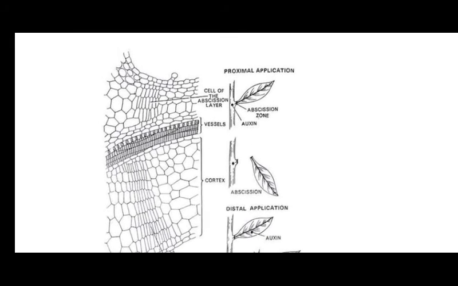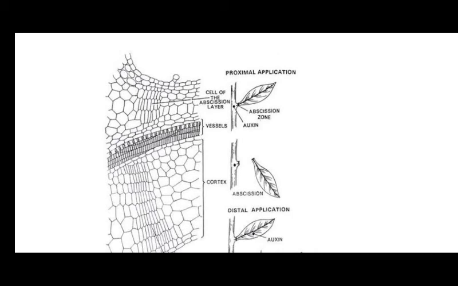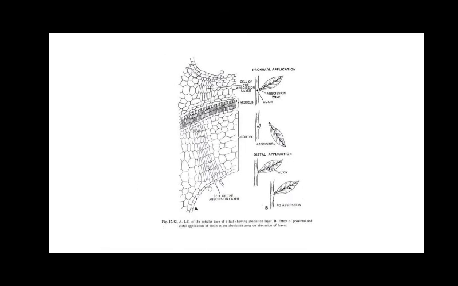There is a small diagram here, so we can show it here. This is the plant, and this area is the portion where there is accumulation of auxin, whereas the leaf does not have any auxin present in it. So it triggers too much growth in this area, but no growth at all in the leaf region. That's why it triggers the formation of the zone of abscission, and then finally the entire leaf falls off. So this is a way of removal of the matured part of the plant with the help of auxins.